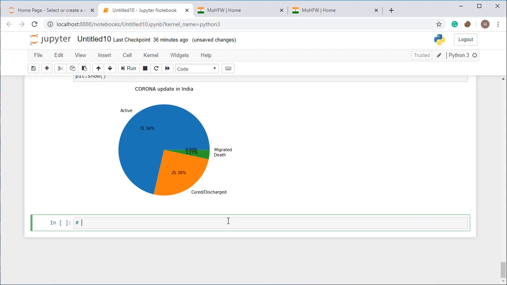So I'm going to show you how to use a scatter plot. For this, you need just two things, the data and the scatter function. You can plot for a particular single array also.